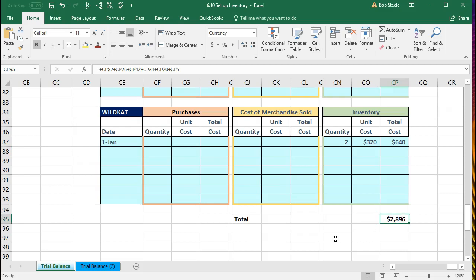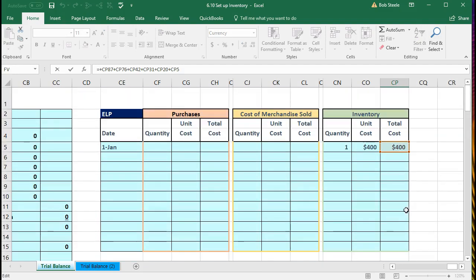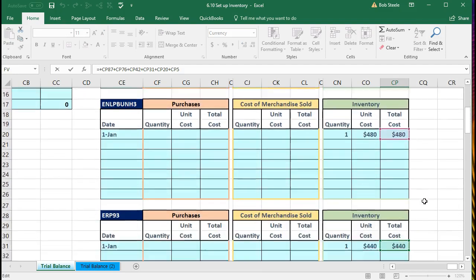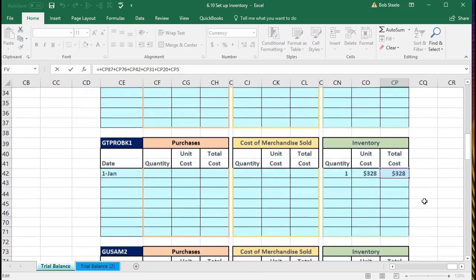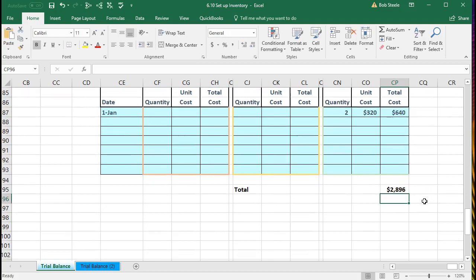We're going to have to adjust that as we go, but if we double click on the total, all it's doing is taking each of these cells. We can see the highlighted cells, 400, 480, the 440, the 328, the 608, the 640, that providing us with